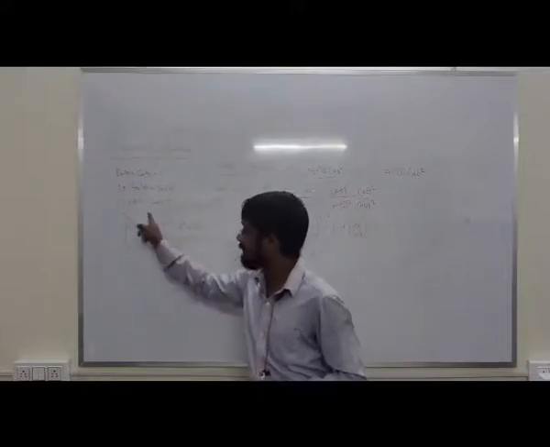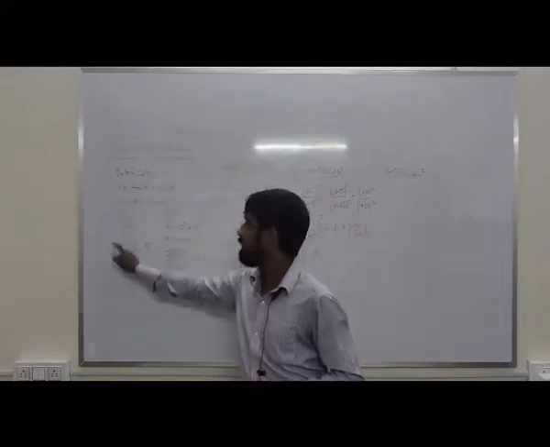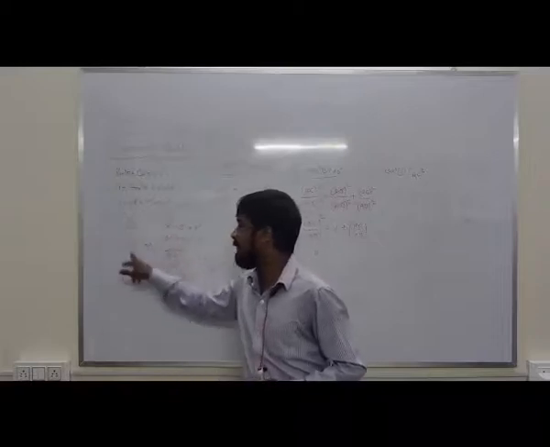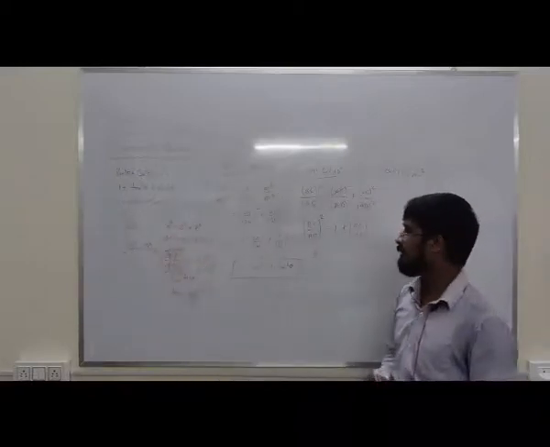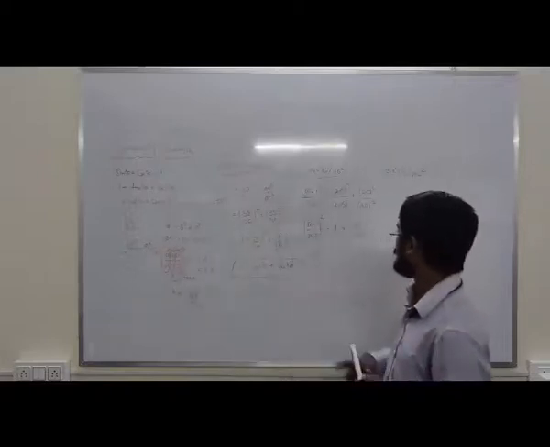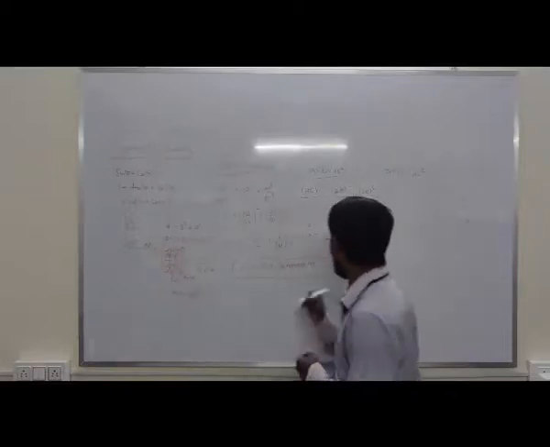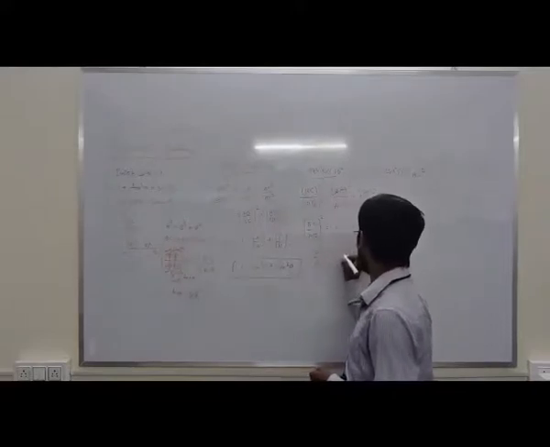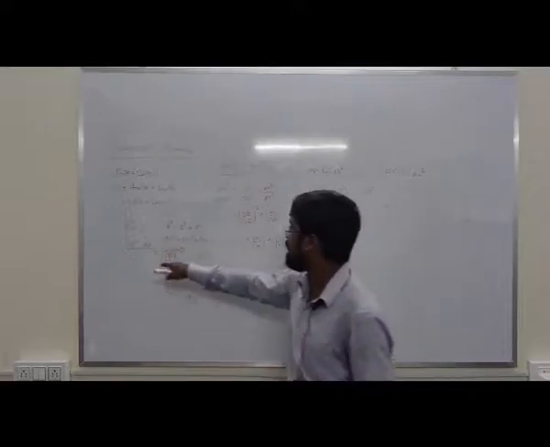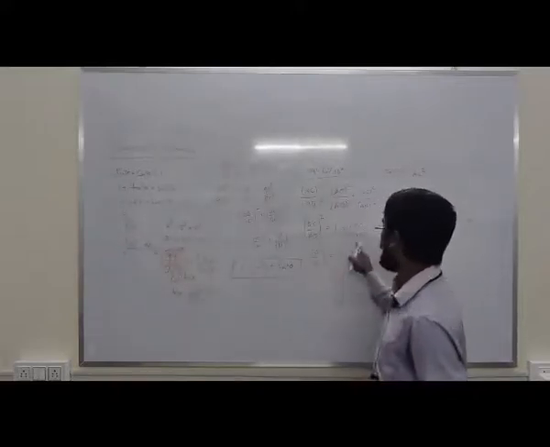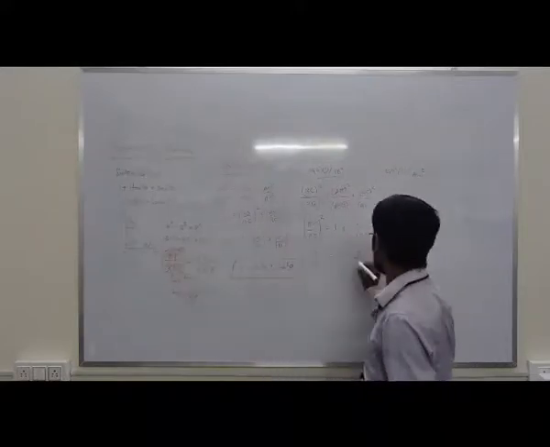So if it is base and hypotenuse, this will be perpendicular. Now if I take my theta at the other angle, then this will become my base and that will become my perpendicular. So you have to keep in mind what reference angle you are taking. Now AB is my base, so hypotenuse by base, whole square, equals 1 plus AC by AB. AC is nothing but perpendicular, P, and AB is base, so P by B whole square.